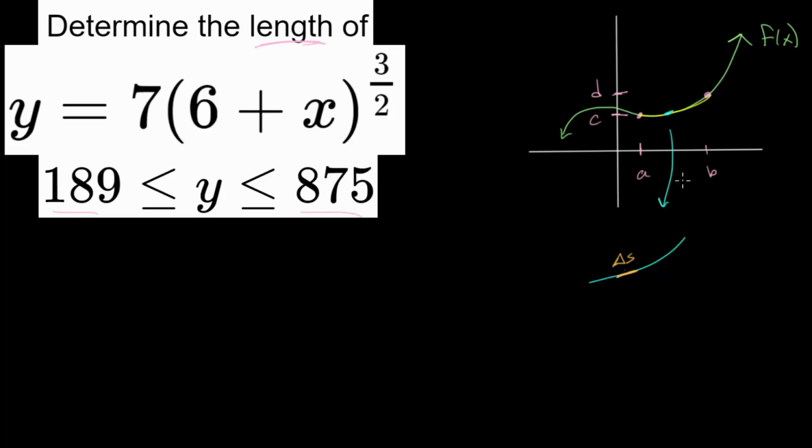And we can focus on x or y, it doesn't matter, but let's look at delta x. That would be the horizontal component of this. And then delta y would be the vertical component of this. So we can take our little piece of arc length here, which we call delta s. We usually use s for arc length. And we can deconstruct it into a right triangle, where the horizontal component is delta x and the vertical component